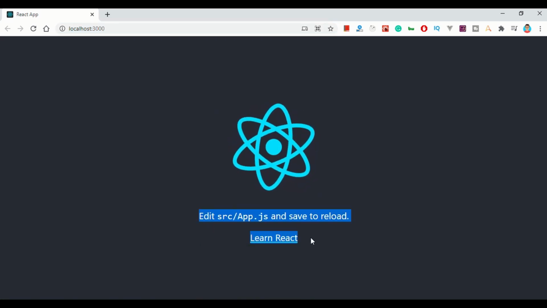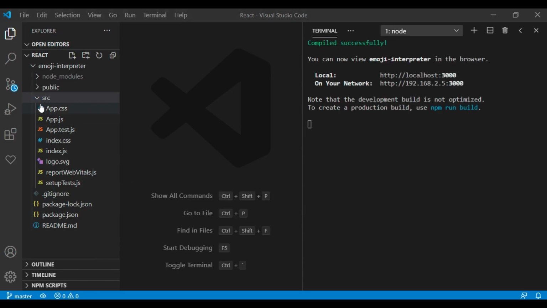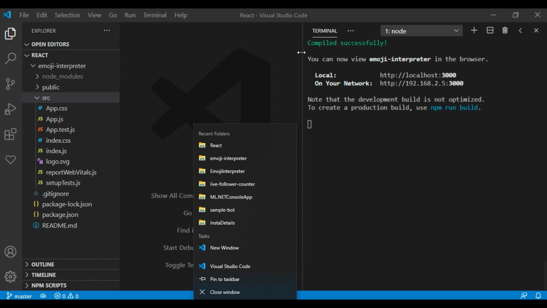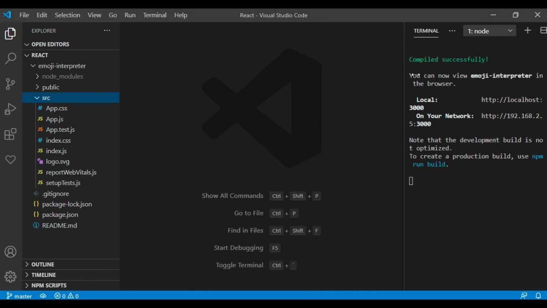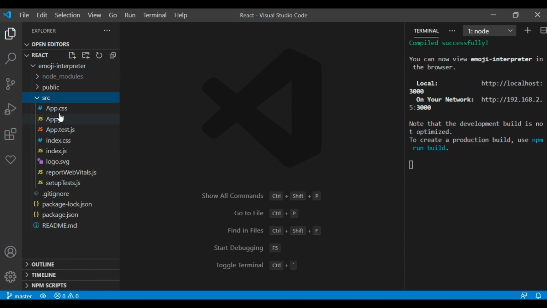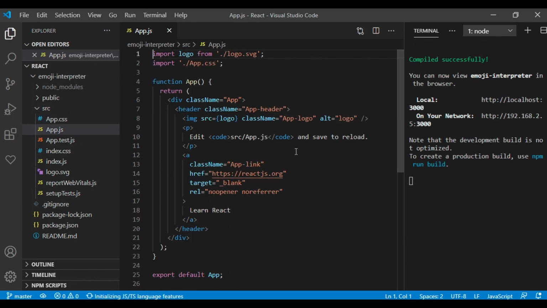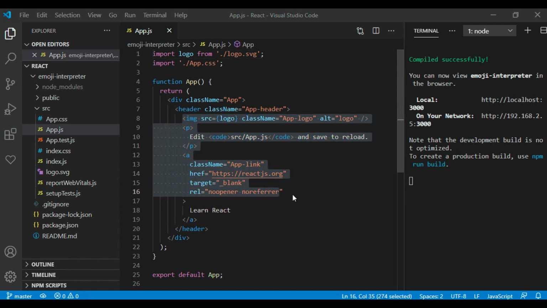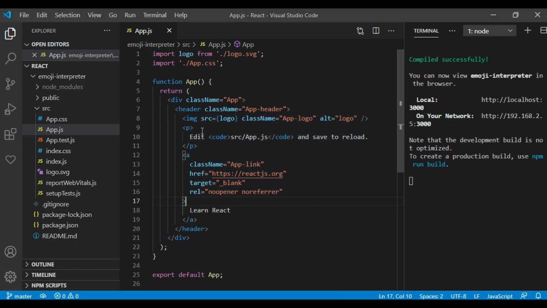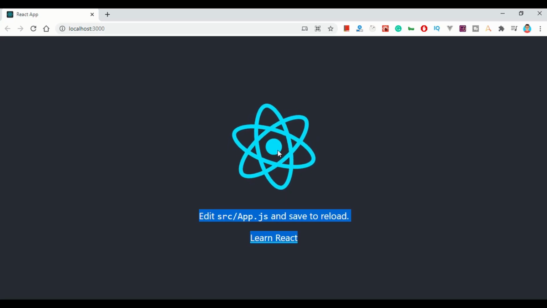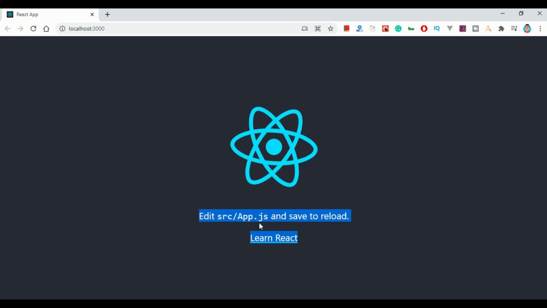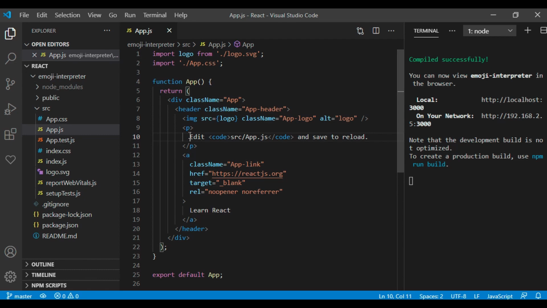Let's hijack this and write welcome to React over here. So what we will do is I'll just minimize this, resize this, and let us go to app.js, from where we are getting the data on the home page. So this is the section which is being displayed over here. Okay, so what we will do is we will get rid of this code. We'll stay with this logo. It's looking nice, and we'll just edit these two lines over here. So from edit to learn React. Okay, we'll remove these